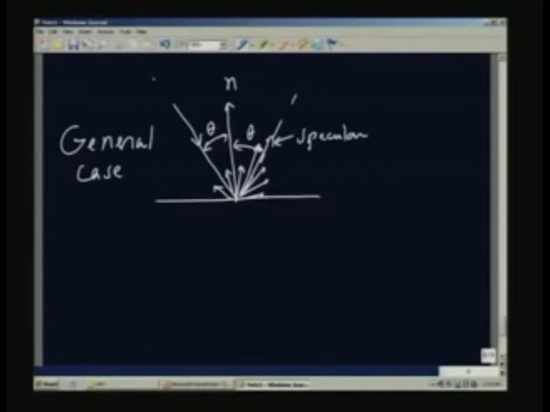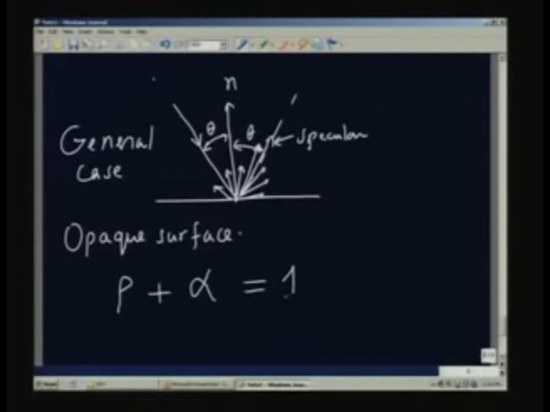Okay. So, we have some idea about the surface properties, and let us look at a few more quantities. Suppose I have an opaque surface. What does it mean? It means that the reflectivity, I will call it rho, plus what is absorbed, I will call it alpha. These are fractions. Rho is the amount which is reflected from what is incident on the surface, and alpha is absorbed. Therefore, this must be equal to 1, because the two fractions must add up to 1.